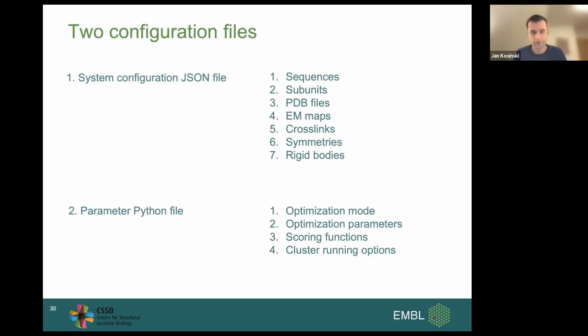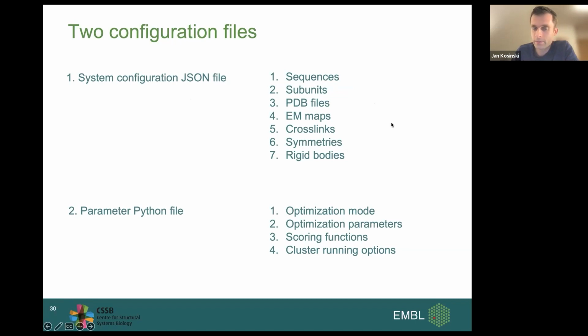So once you have your restraints and structures, and you generated your systematic fit libraries, you can go to run Assembline. And Assembline takes two configuration files. One is a system configuration file in JSON format, where you define sequences, subunits, input PDB files, electron microscopy maps, and crosslinks.